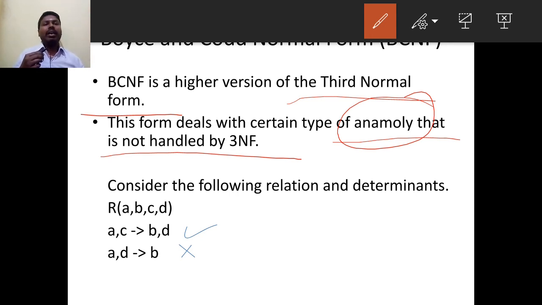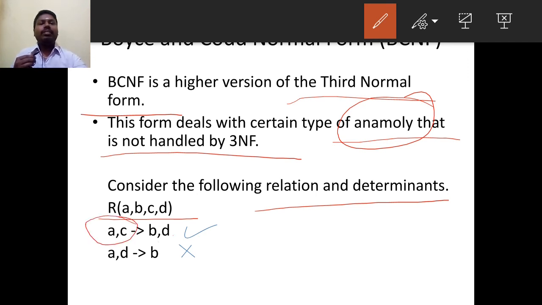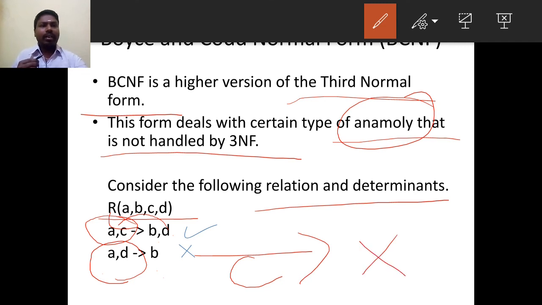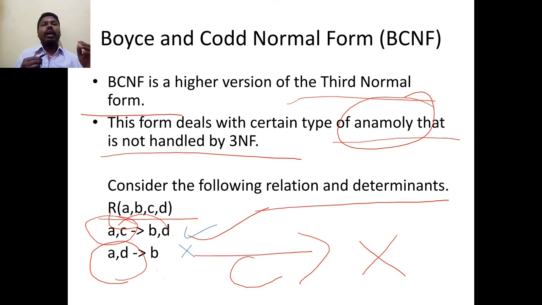We can see with one small example. Consider the following relation. See, in a relation there are 4 columns A, B, C, D. If we take A and C as primary columns, B and C depend on A and C. If you take A and D, B depends on A and D, but here C is not depending on any primary key. So this relation is not considered. Only the other relation is considered. Understand? This is called Boyce-Codd normal form.